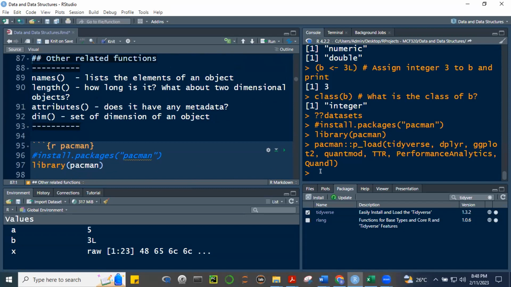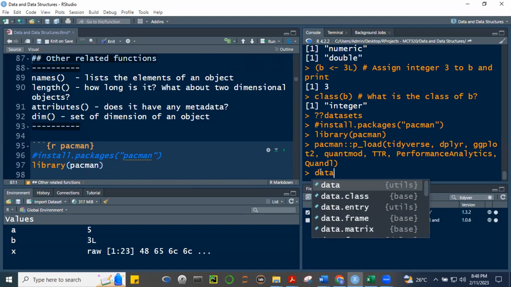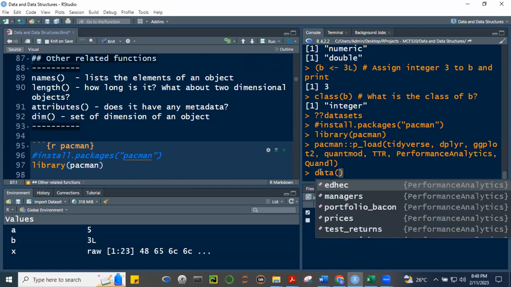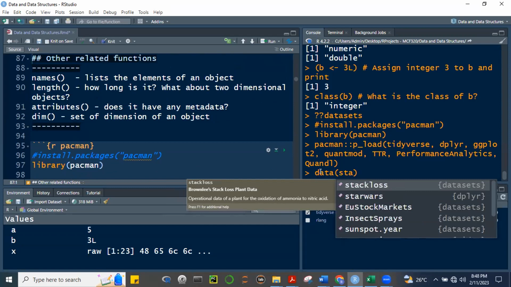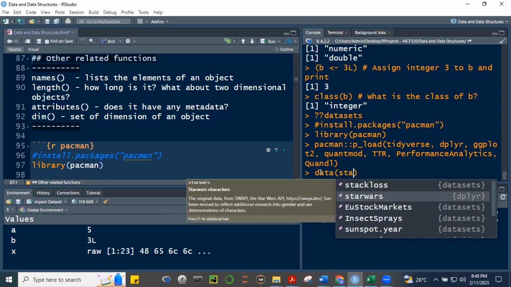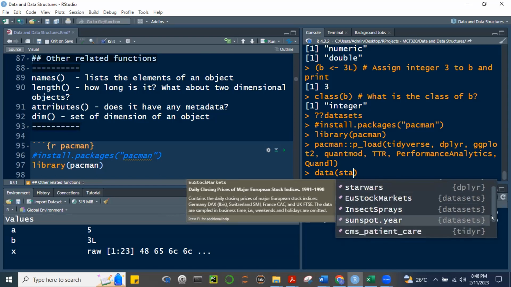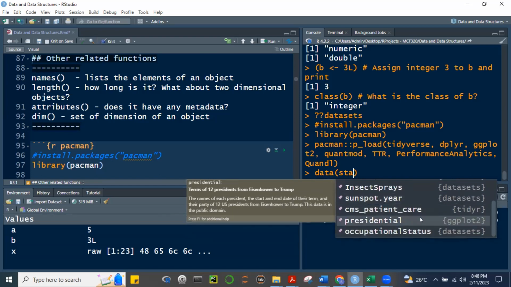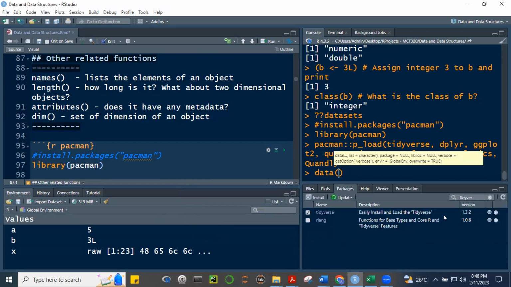So, sa dplyr may package, no? May data na starwars. Okay, tingnan niyo to, no? Data, so ilalagay ko dito, if I want to access a data, ang code doon, data, and then kung ano yung pangalan ng data. So, i-access ko, ilo-load ko yung starwars. And I know it's coming from dplyr kasi nakalagay dito. Or you can, of course, choose other, dito naman, CMS patient care, kay tidyr, etc. So, presidential, galing kay ggplot2. So, maraming, if I click data,